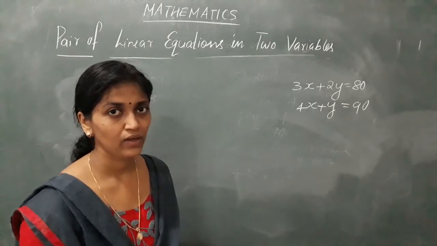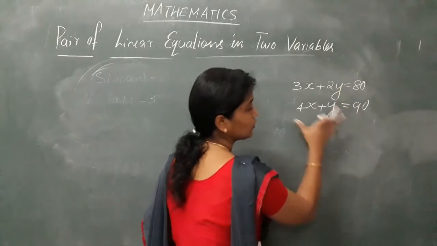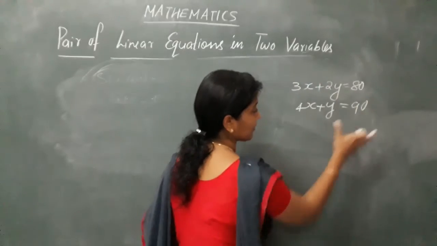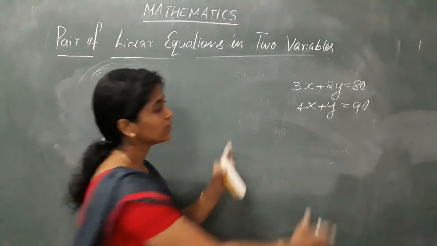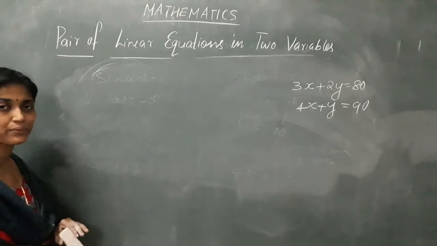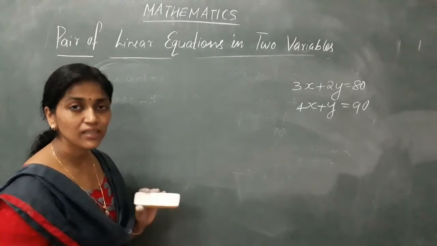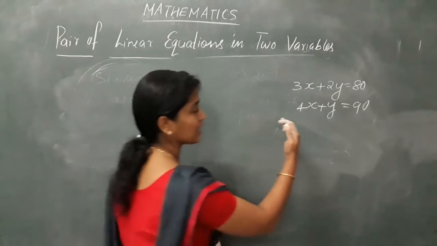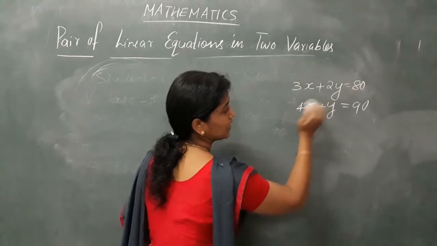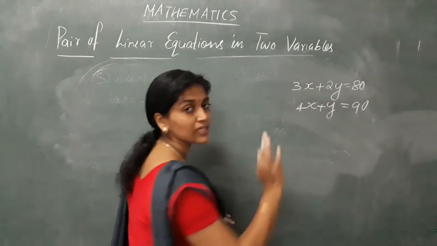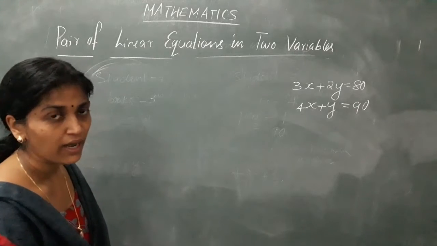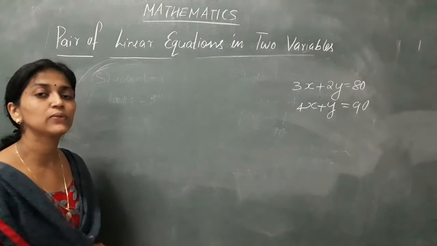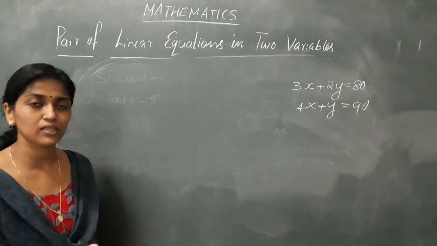Is it clear? So from this you have got how it will be a linear equation, and how you can represent a pair of linear equations in 2 variables. From this we will move to the general form of linear equations in 2 variables. Generally, the coefficients will be different, but the variables must be the same. Clear? We have also studied the general form of a linear equation in 2 variables. It was of the form ax plus by plus c equal to 0.